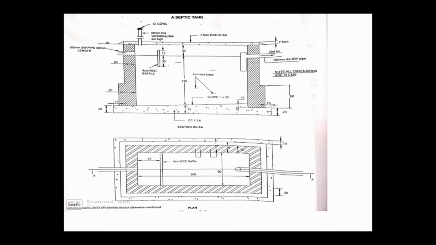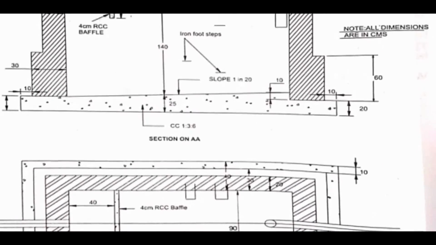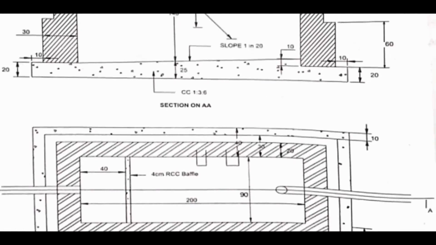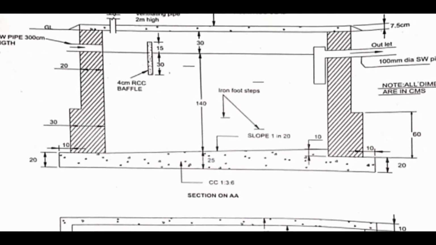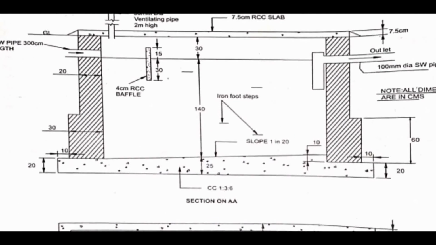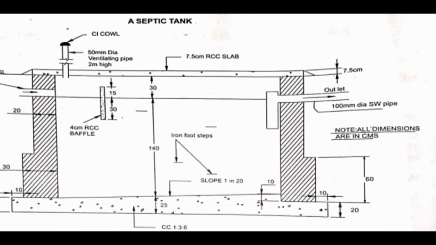So here in this plan you can see the hatched portion, that is your brick wall, right? The hatched portion is having 20 centimeter thickness and another one is having 30 centimeter thickness. So I'm going to start from the bottom to the top. When I take from the bottom, this 30 centimeter thick wall I'm going to take as the first step, and the 20 centimeter wall I'm going to take as the second step.